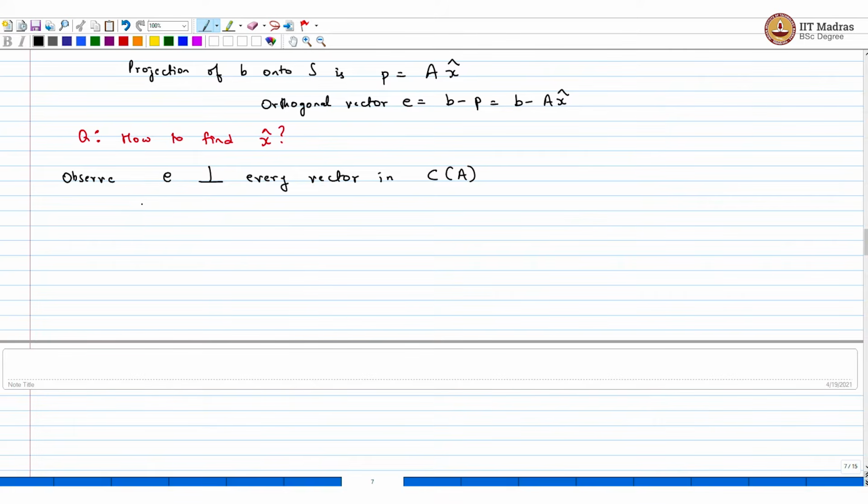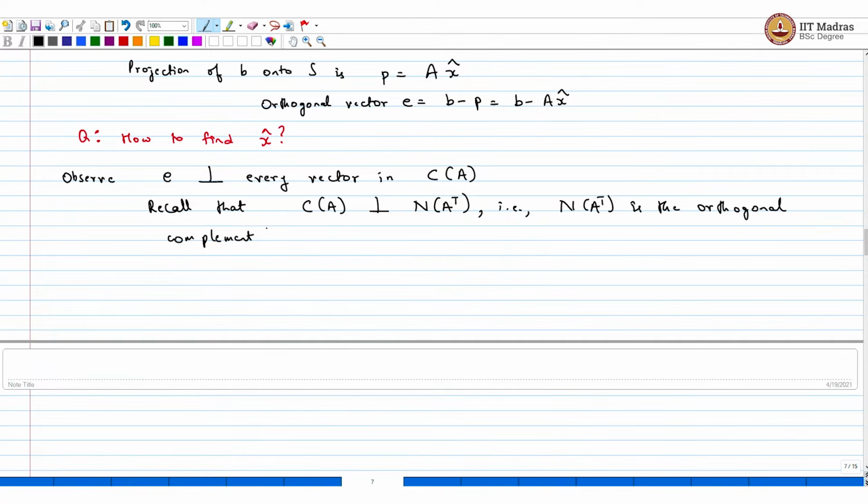Also, you recall from one of the earlier lectures that the column space of A is orthogonal to the null space of A transpose, and these are orthogonal complements. Put it differently, the null space of A transpose is the orthogonal complement of the column space of A,